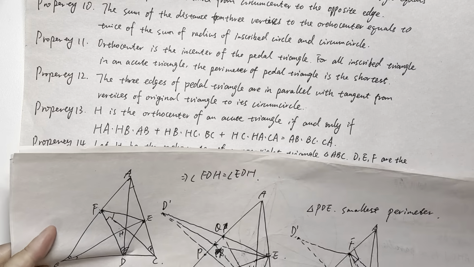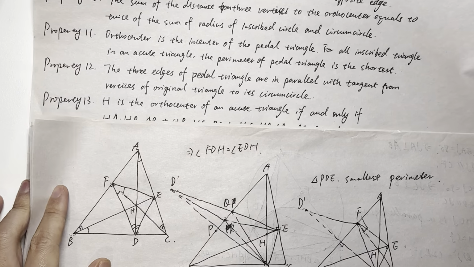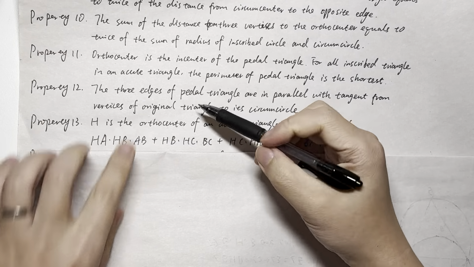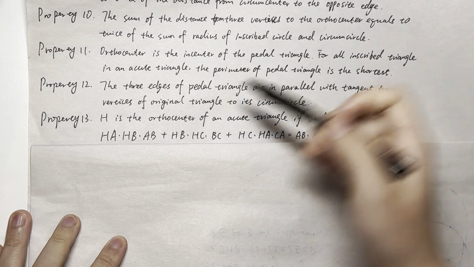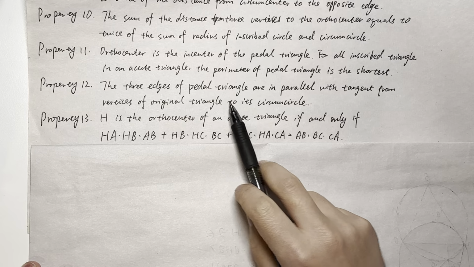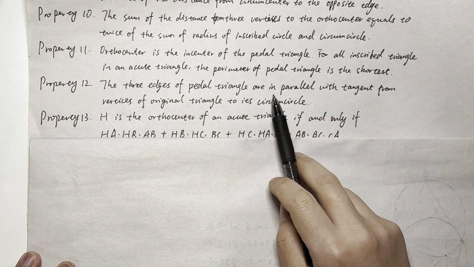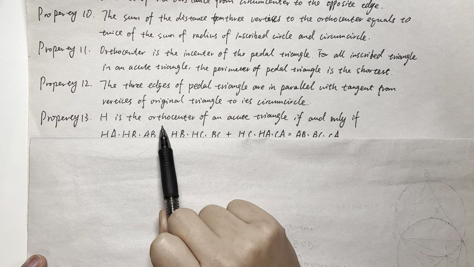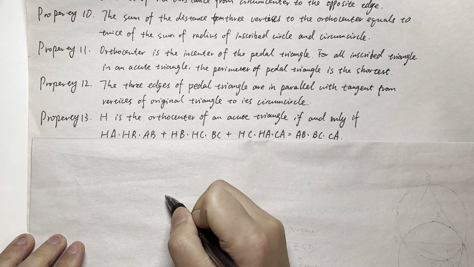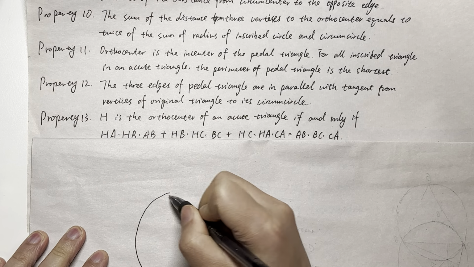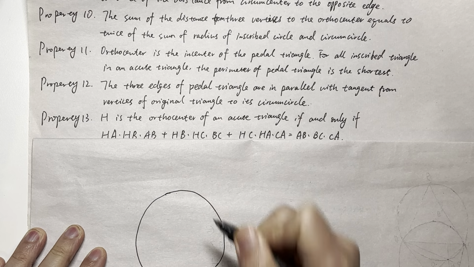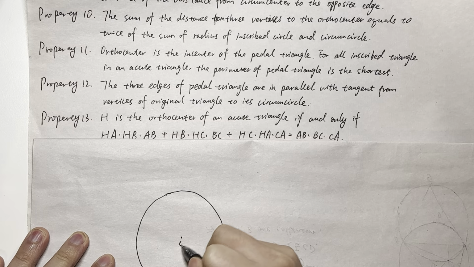Let's see the property 12. Right, property 12 is saying that the three edges of the pedal triangle are parallel to the tangents from the vertices of the original triangle to its circumcircle. So this is a circumcircle, this is the center,